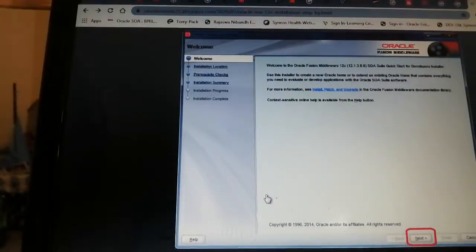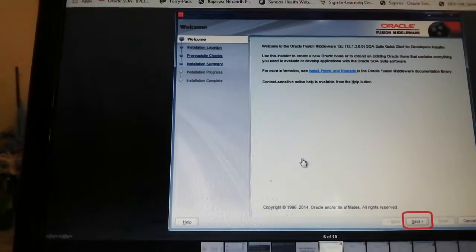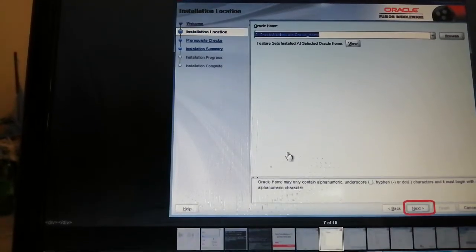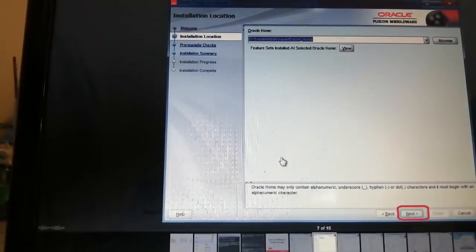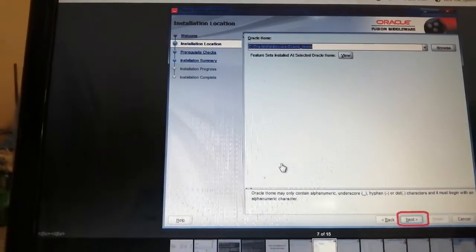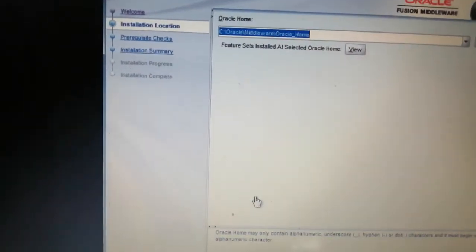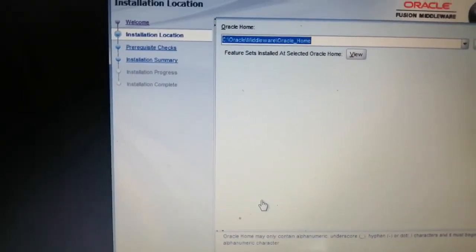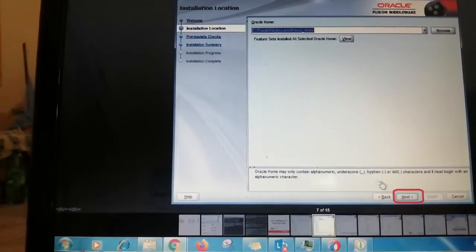Then this window comes. On the welcome window, click on next, and here you need to specify the Oracle home path. Generally it is the C drive, Oracle, then Middleware Oracle home. Keep it like that and click on next.